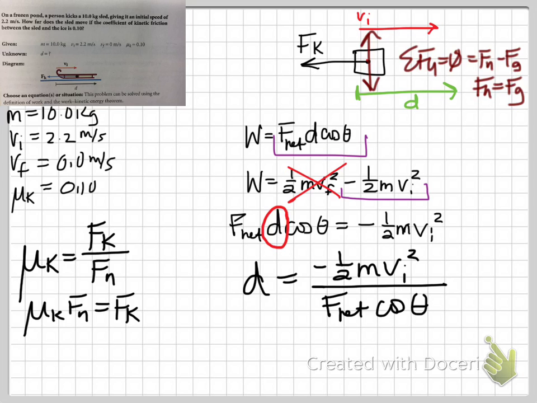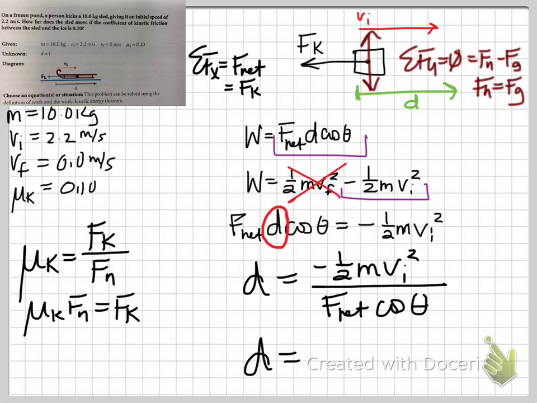No. And again, I can do this using my x-axis. Sum of forces on the x equals F net, that's the direction of the motion, and it equals Fk. There's nothing else there. And I'm not worried about its acceleration. I'm not going there. We could, but we're not. So therefore,